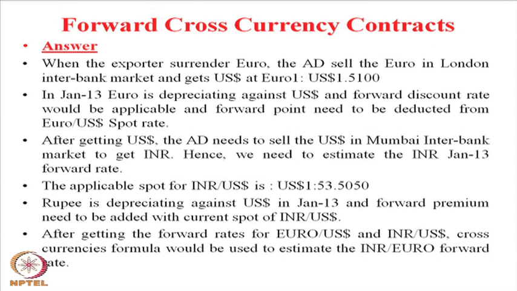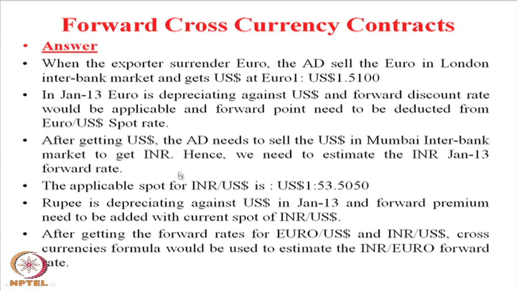When the exporter surrenders the euro, the authorized dealer sells the euro in the London market and gets US dollars. The US dollar rate applicable will be 1.5110. Now, in January the euro is depreciating and the dollar is appreciating. So, you deduct the forward points from the US dollar. After deducting these forward points, you will get the euro-dollar conversion during the month of January, that is